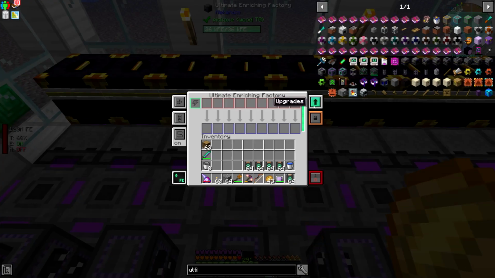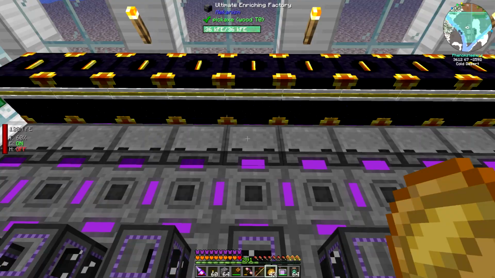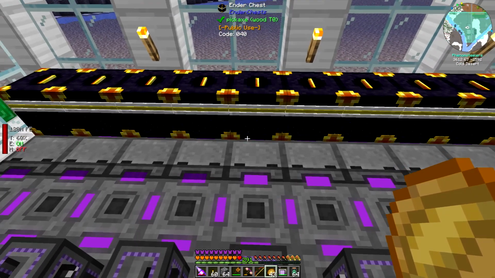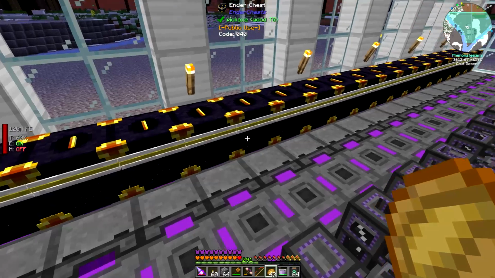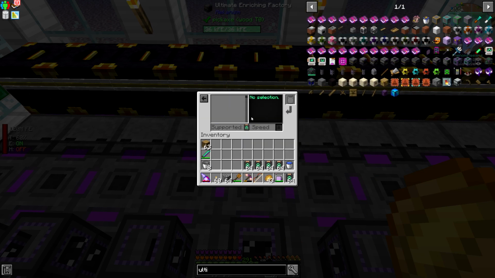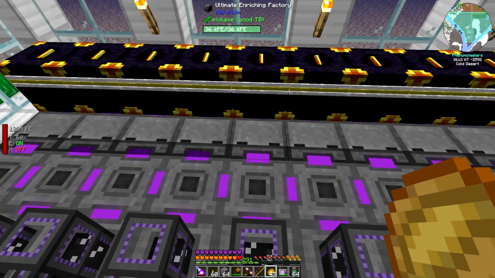So I have 8 there. Do I have 8 here? I have 8 here. I have nothing here. So I'm going to add speed upgrades to all of the enriching factories and the crushing factories. I already added the speed upgrades to the ultimate smelting factories because I knew they would be inaccessible once I put the ender chests on top. So I've already done those. I need to put speed upgrades in the enriching factories, and once I have all of that done,